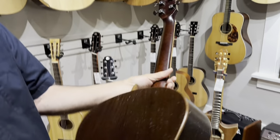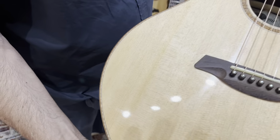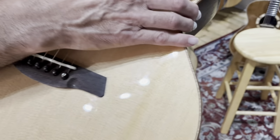This particular model is called the 15. There's a mahogany version that's slightly less as well, but it's all solid wood. This is Wenge. You never see Wenge at this price. It's kind of crazy. He does one of the nicest open pore finishes I've ever seen. This is nitro lacquer. Look at that. Yeah. I love that open pore finish. That lets a guitar age and breathe really well. And it's tremendous for sound because it's,